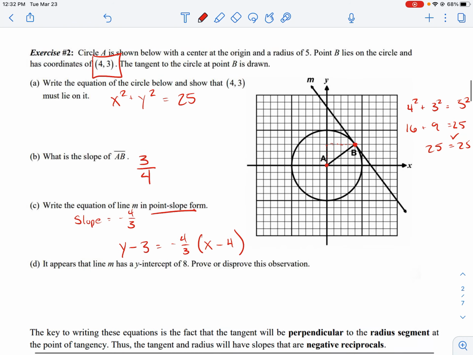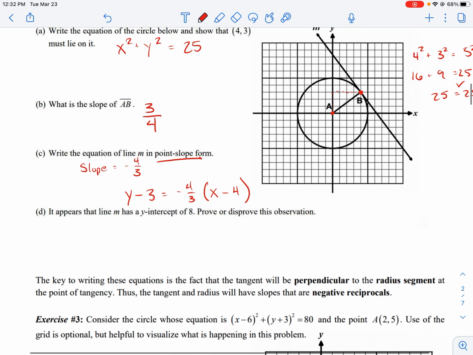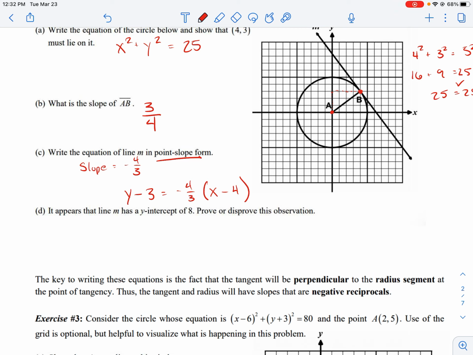Perfect. We're done. Psych. It appears that line M has a y-intercept of 8. Prove or disprove this observation. We're actually going to disprove this. What we're going to do is distribute this through. So y minus 3 is equal to negative 4/3 x plus 16/3. I'm going to add 3 to both sides, and so y is equal to negative 4/3 x plus